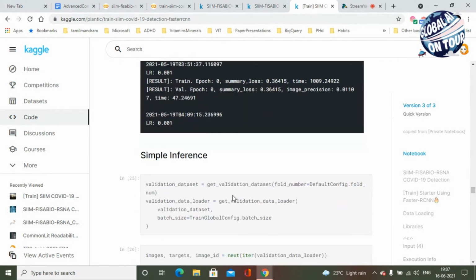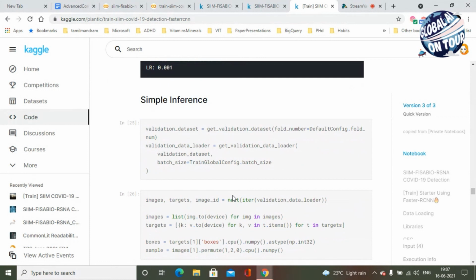This code might look a little overwhelming for somebody who has not dealt with PyTorch before and who has not worked in object detection or computer vision. But don't get disappointed with that. It comes with practice. This is a very baseline starter code, and this is not enough to win the competition. You'll have to work a lot on it. You'll have to do a lot more iterations on it to win a medal or get a higher ranking in the competition.